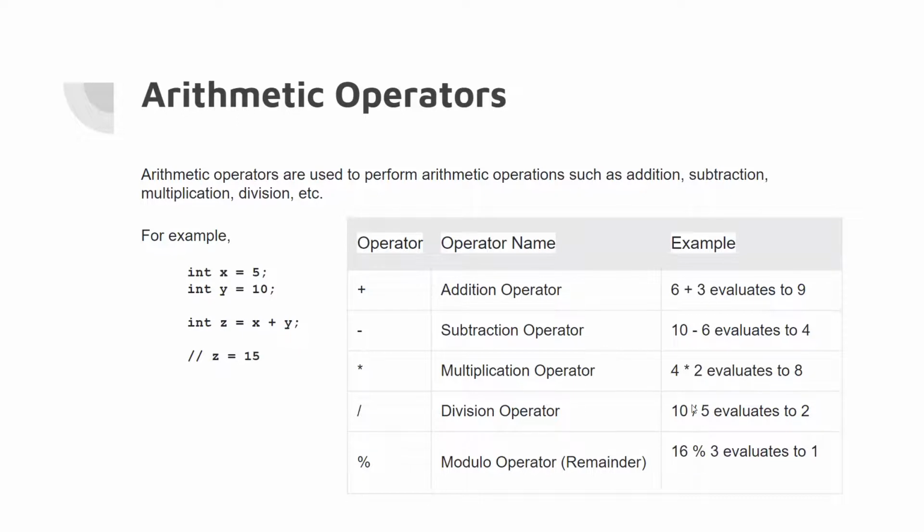Because 16 divided by 3 would give us 5, right? That would be the whole portion. And then 16 mod 3 would give us the remainder, which is 1. That comes in handy